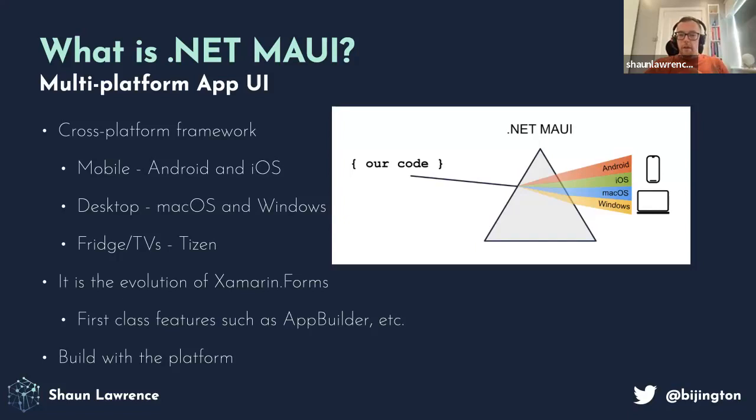And then there's the final point that I've labeled build with a platform. Now that might seem quite vague, but actually this is a rather key detail on the journey for building an engine, or at least a game. So while .NET MAUI does provide us a unified API, so we can add a button to our UI and it'll render it on each platform for us, it's not going to provide the full API surface that we need in order to build a game.